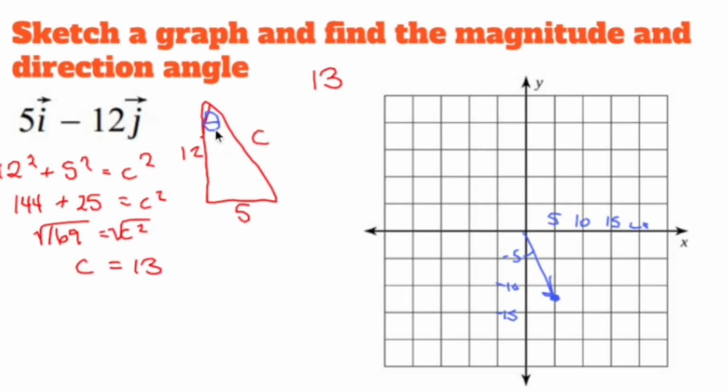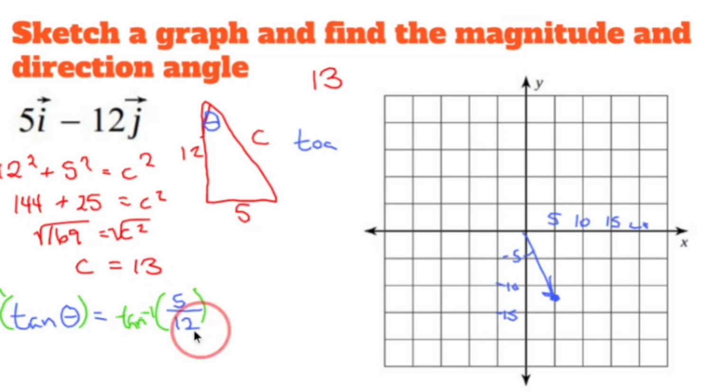12 and 5 compared to theta are my adjacent sides and my opposite sides. So I'm thinking SOHCAHTOA thoughts, which means that the tangent of my theta is going to equal the opposite, which is 5, over the adjacent, which is 12. Didn't leave myself enough space at all. So let's just inverse tangent both sides. I know that looks very sloppy, but I'm not going to rewrite it. Inverse tangent both sides, so that crosses out. Theta equals the inverse tangent of 5 over 12, which is